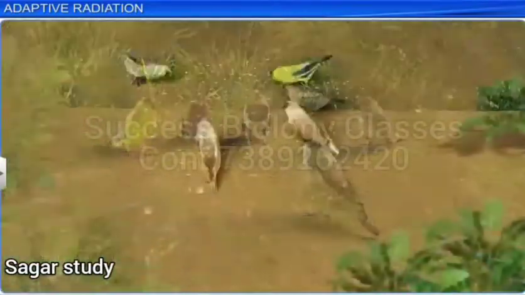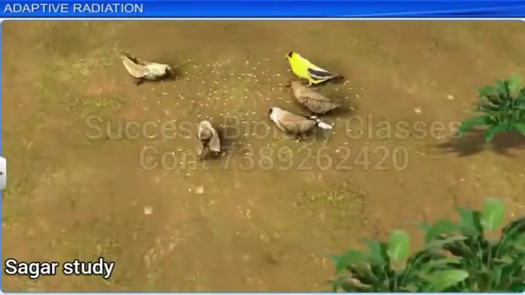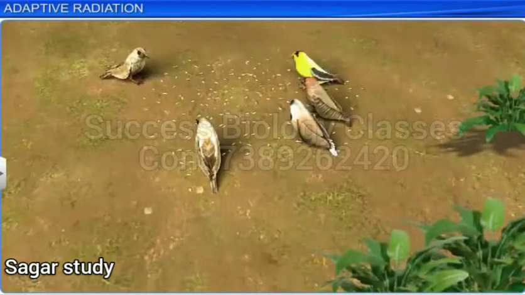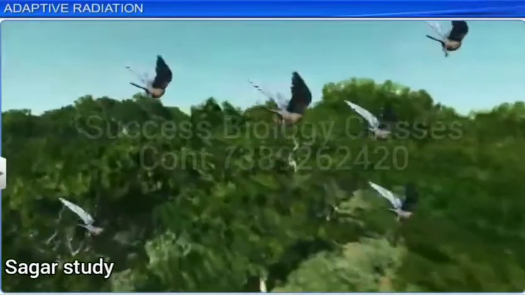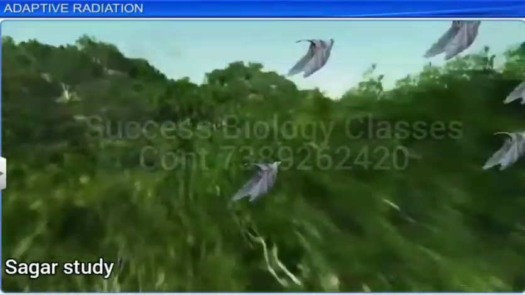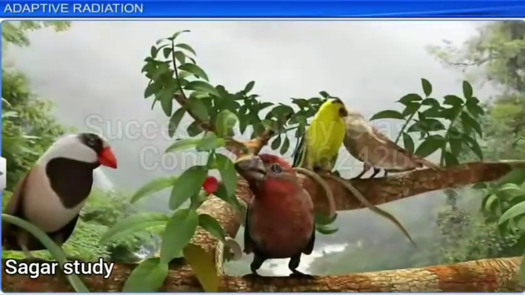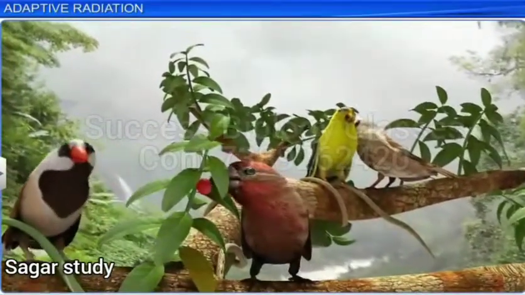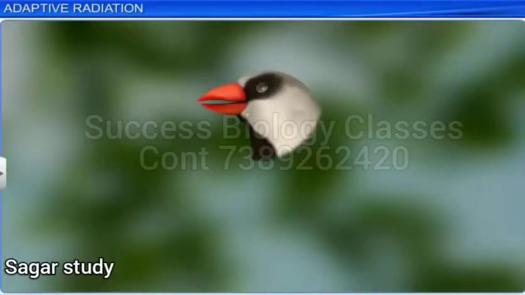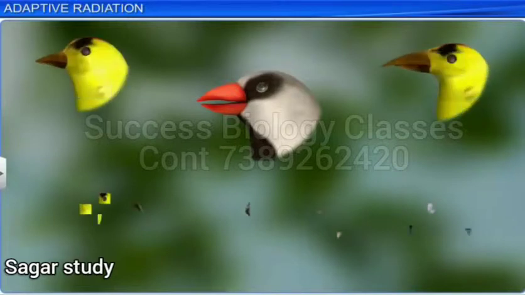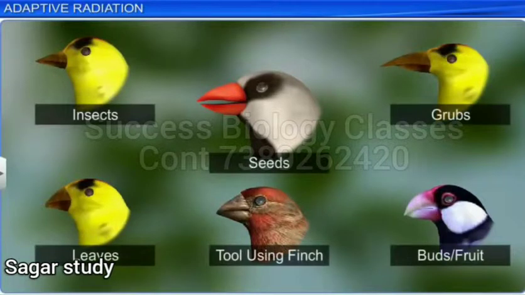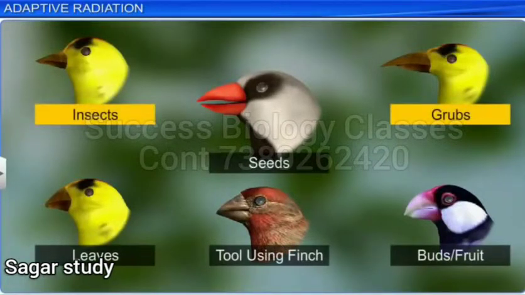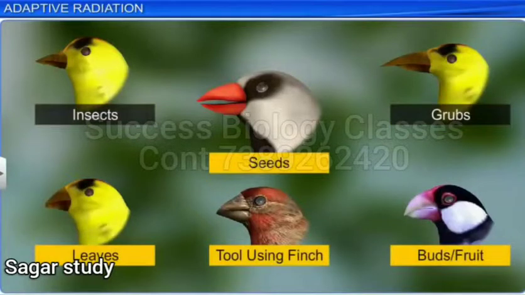As a result, all the food resources on the islands were used to the optimum. To take advantage of all the available food sources on the islands, the finches adapted themselves to the different varieties of food. One observable trait that pointed to this adaptation was the altered beaks of different species of finches. Their beaks divided them into specialized insectivorous and vegetarian varieties respectively.